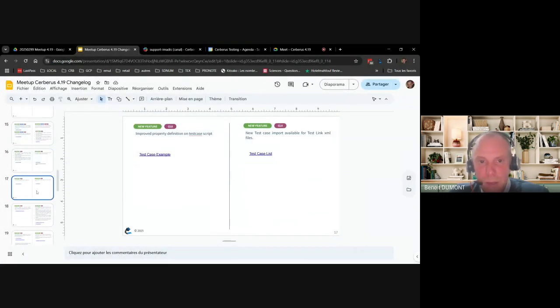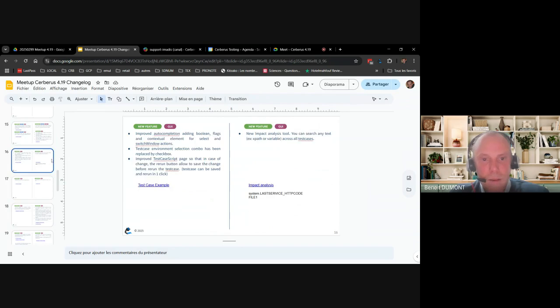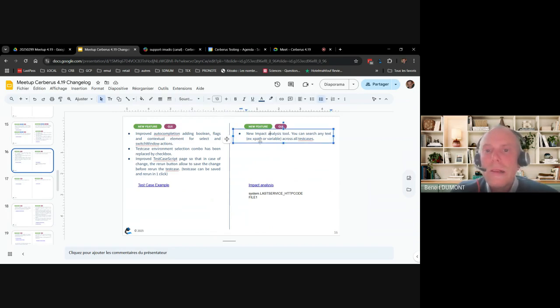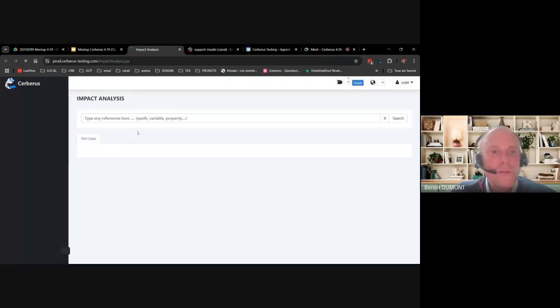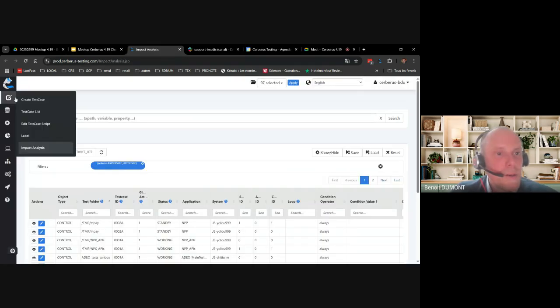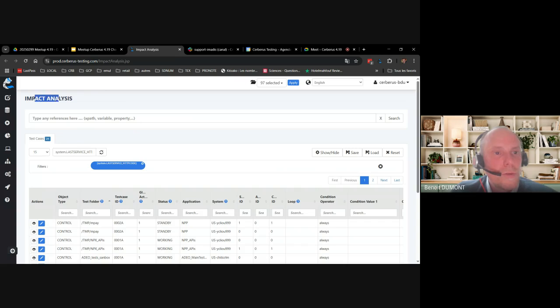Next one. Yes, that's the auto completion tool. Next feature is linked with impact analysis. That's an important feature that was quite awaited.